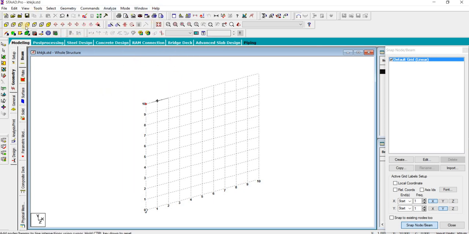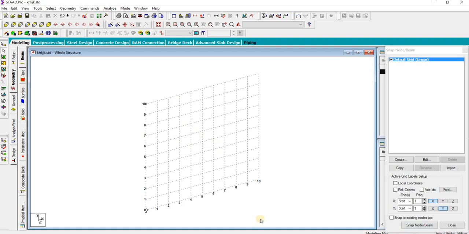The next thing is the toolbar. You can see a horizontal toolbar here and a vertical toolbar. What are these horizontal and vertical toolbars? These are tools which are already available in the menu bar, but these are the tools which are used most frequently so that we can access them easily. Next, whatever you can see here is nothing but the main window where we work.